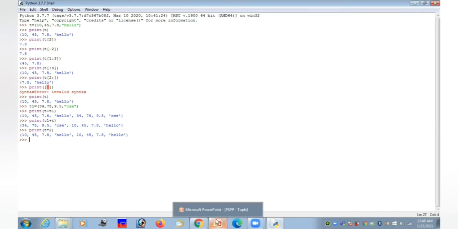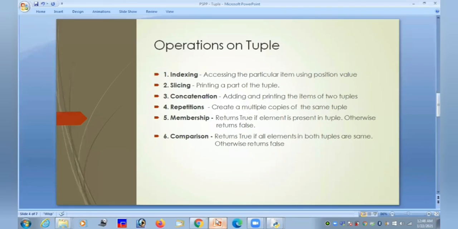Next I am going to perform the membership operation, which is used to check whether a particular element is present in the tuple or not, right? Let's check.